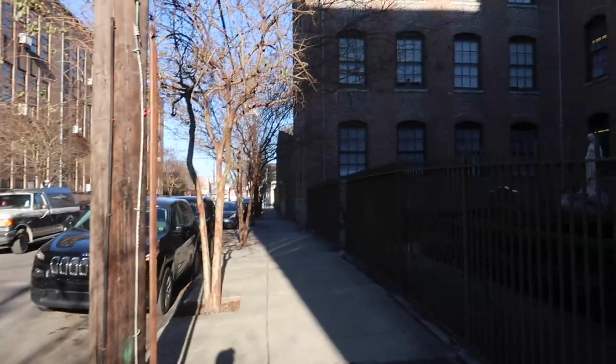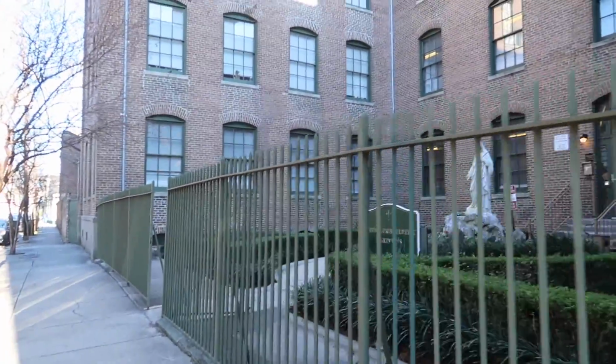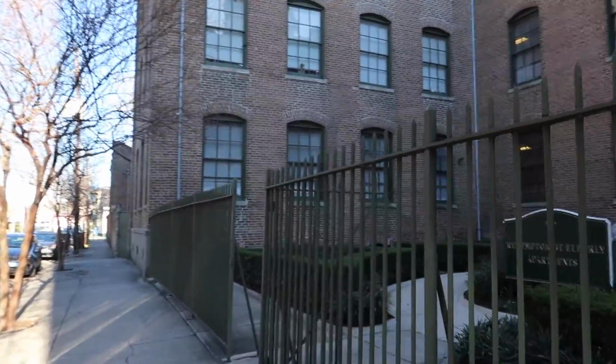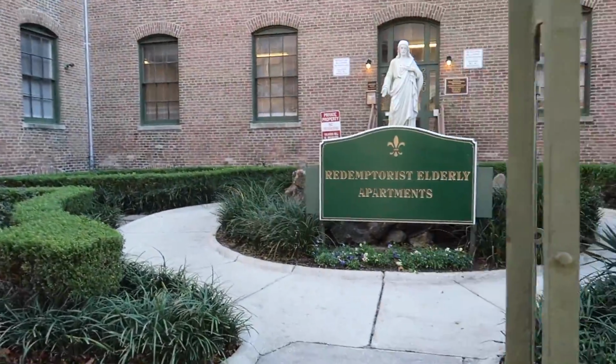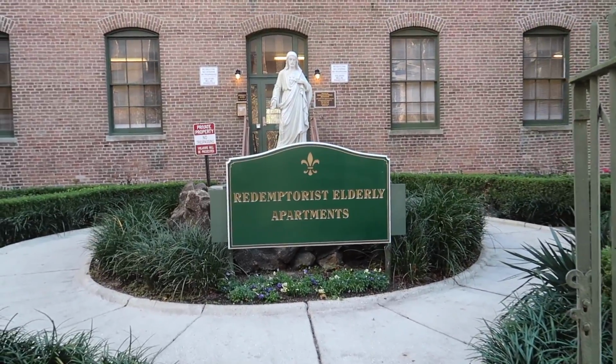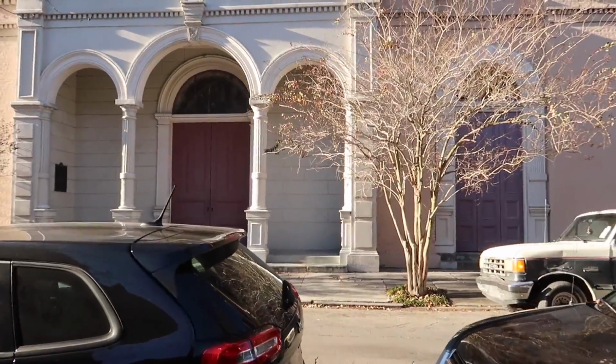There's 2 churches, one was for the French and one was for the German. Don't ask me which one, because I don't know. But now it's the Redemptorist Elderly Apartments. Yeah, they took...